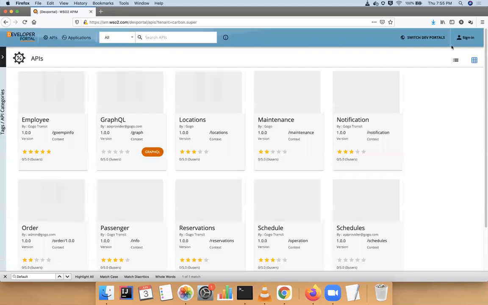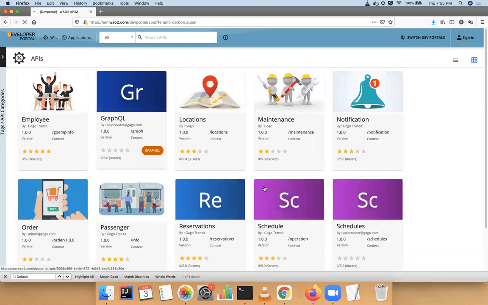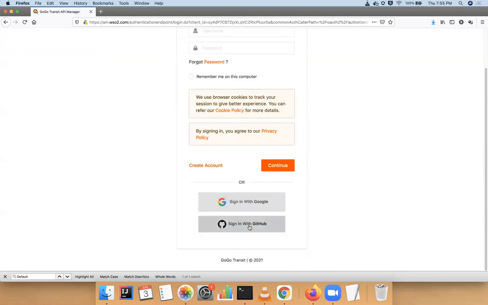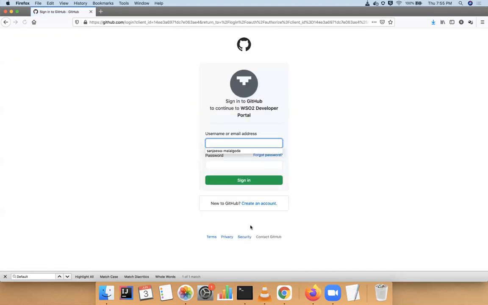Then I'm going to sign in from my GitHub account. I'll go here, I'll click on sign in with GitHub. And I'm going to provide my username and password in GitHub page.